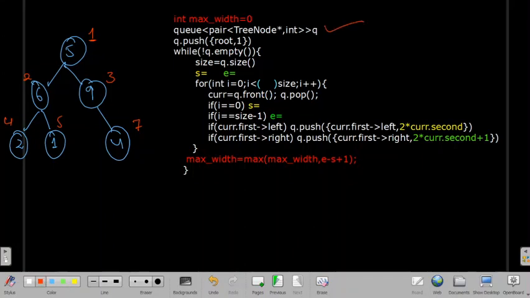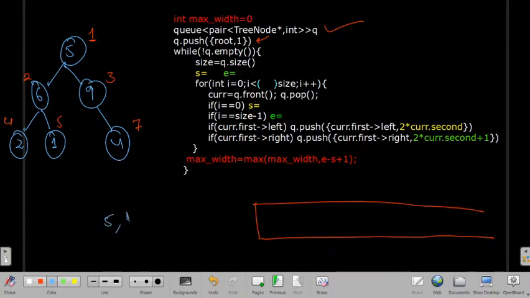So first let's make one queue, and first we will assign the root value and index. So that will be 5 comma 1, right? And this will be my starting node. We'll use current here.